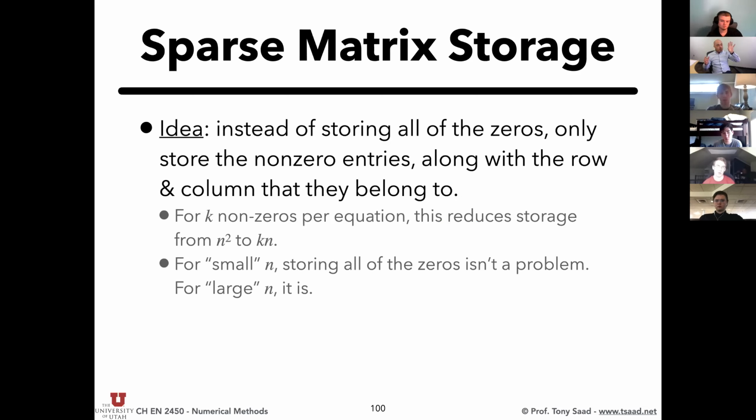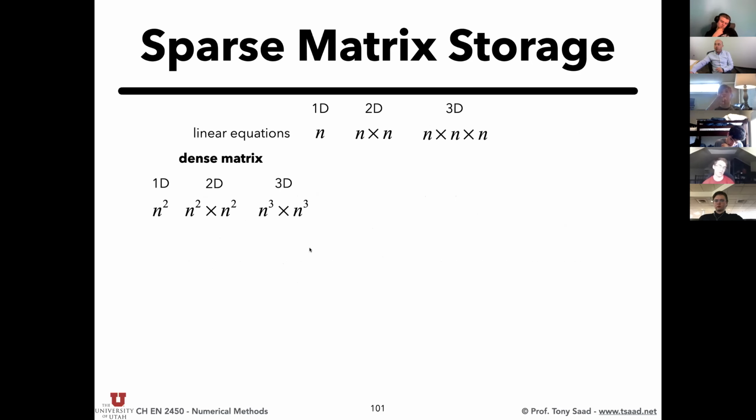So we can store the non-zero entries, and then concurrently store another array that tells us that this entry is located at this location in the matrix, and that entry is located at this ij in the matrix, and so on and so forth. When you do that, you can reduce your storage significantly. If you have k non-zeros per equation, this reduces storage, for example, from n squared to kn for a one-dimensional matrix. Now let me show you the comparison of what happens when you